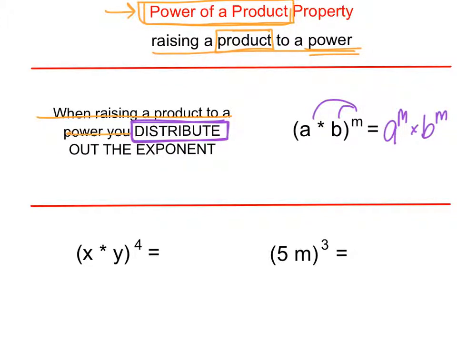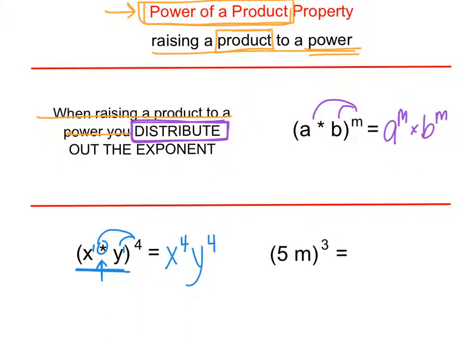So following the power of a product property, notice that in this example, they're multiplied. So here's our product, and we have to distribute this power to everything. If you really think about what's happening, there is the power 1 on both the x and the y. And so we're technically multiplying these powers together. And then it's going to be x to the 1 times 4, which is 4, and y to the 4